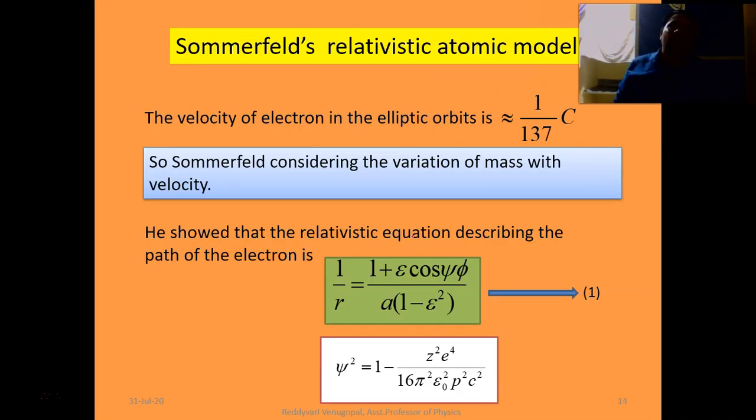Next one, Sommerfeld, as we discussed in the contents part, Sommerfeld considered the electron velocity to be almost equal to the light velocity, that is 3 into 10 to the power of 8 meter per second. Actually, the velocity of electron in elliptical orbit is around 1 by 137 times the velocity of light, that is c. So Sommerfeld, considering the variation of mass with velocity, showed that the relativistic equation describing the path of the electron is 1 by r is equal to 1 plus epsilon cos psi phi divided by a into 1 minus e square,